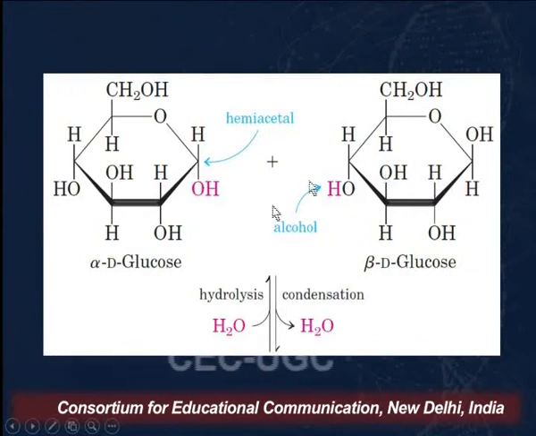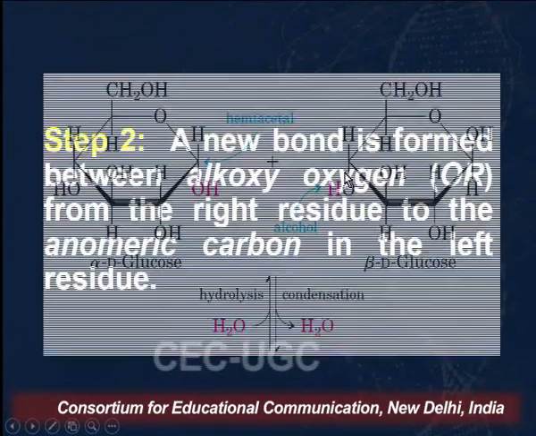So now here, I've shown the reaction between alpha D glucose and beta D glucose. So what is beta D glucose? Where the CH2OH and OH are on the same side. So this is acting as a hemiacetal group, that is, OH is being removed from the anomeric carbon and H is being removed from the aglycon unit, which is acting as an alcohol, and a bond is being formed between this carbon, that is the C1 carbon, and the C4 carbon.